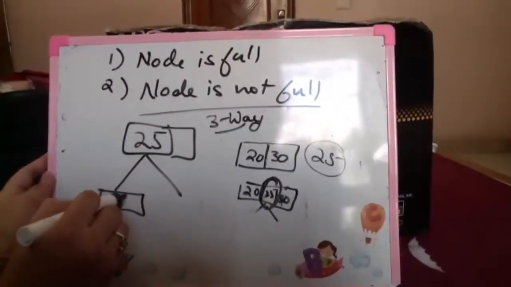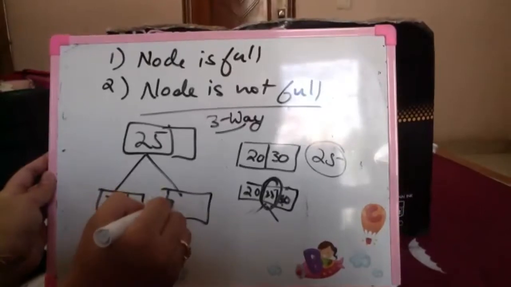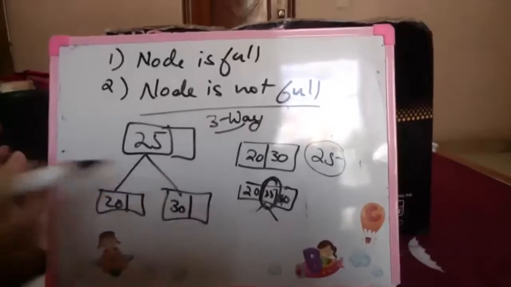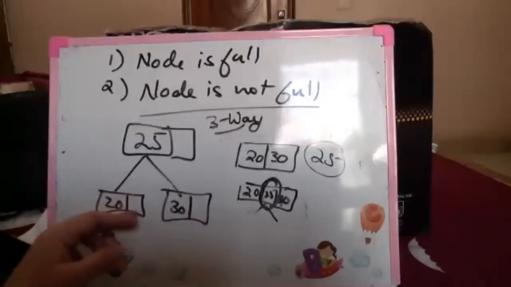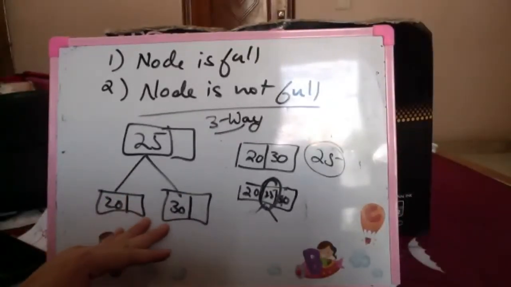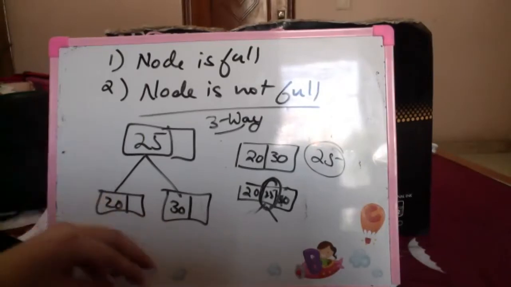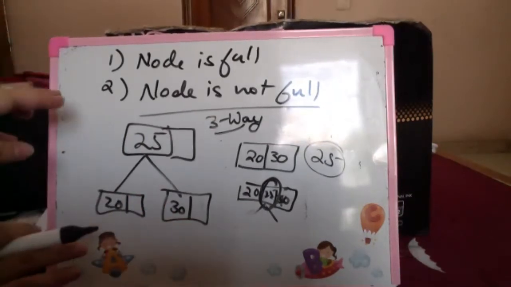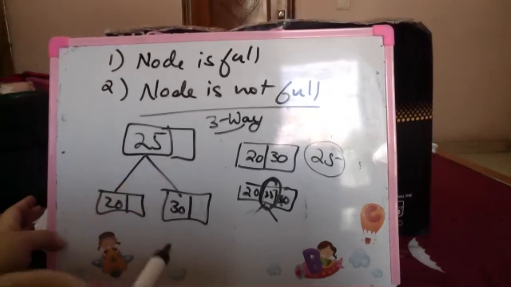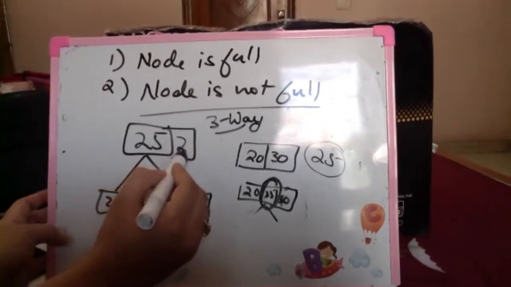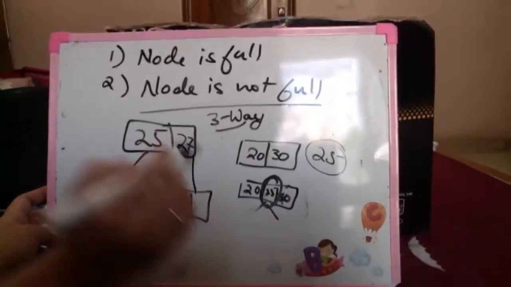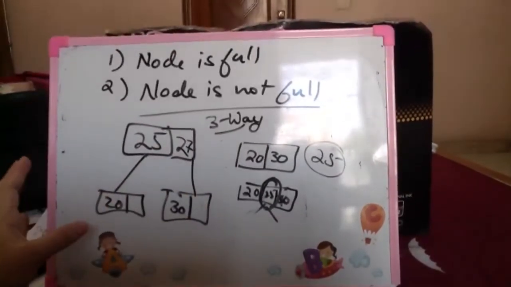And I have the key here separated with the value 25 and 30, other slots being empty. Only one slot of the key being filled. This is how we keep inserting in a B tree. I am again repeating, in case I have to insert a 27, it can directly be inserted here. There is no issues in that.